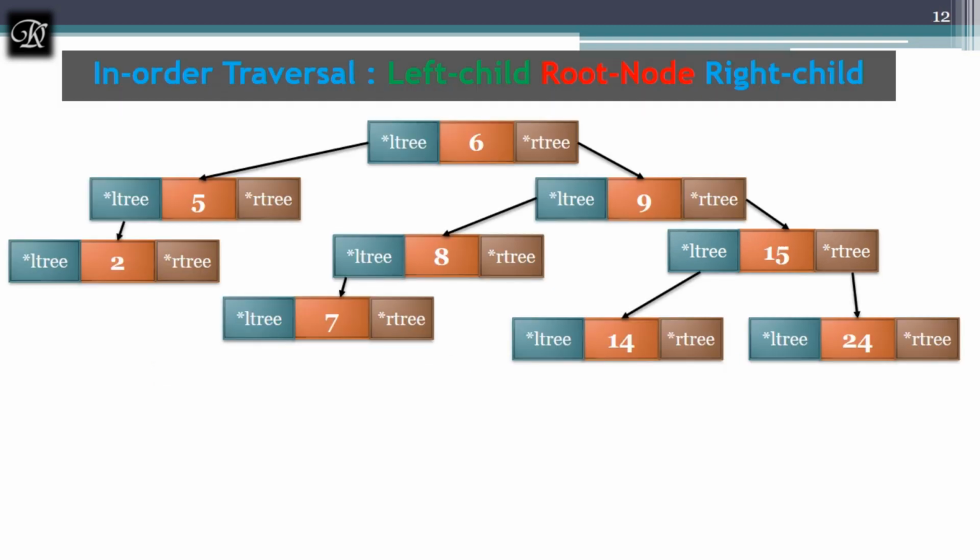Let's traverse in order the tree we have constructed. It's going to follow the rule: left child, root node and right child, recursively. This function is a recursive function. First it's going to start from the root, and root is not equal to null. Yes. Then go to the left child. Now this part itself is a tree. This is a subtree, and on this again apply the recursive algorithm.